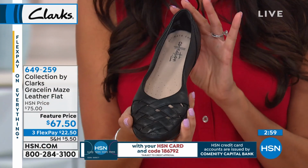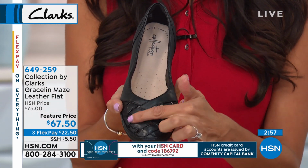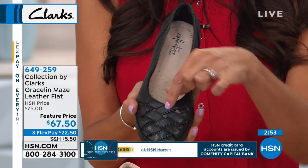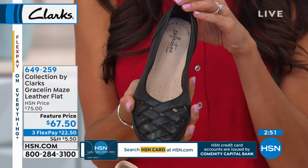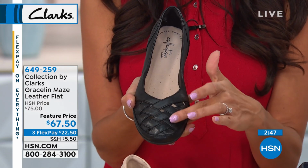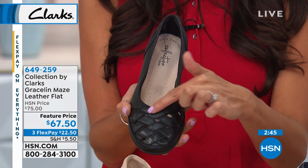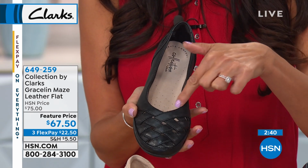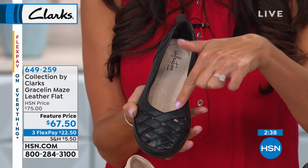That upper is all genuine leather, and you have that little basket weaving almost look designed to it. So it gives you a little bit of breathability there. Traditionally a flat is totally closed here. So I love how we did that. And then you have that little dip here. So again, think about a flat. Normally they're circled there, but we put it to a little bit of a point there to make it a